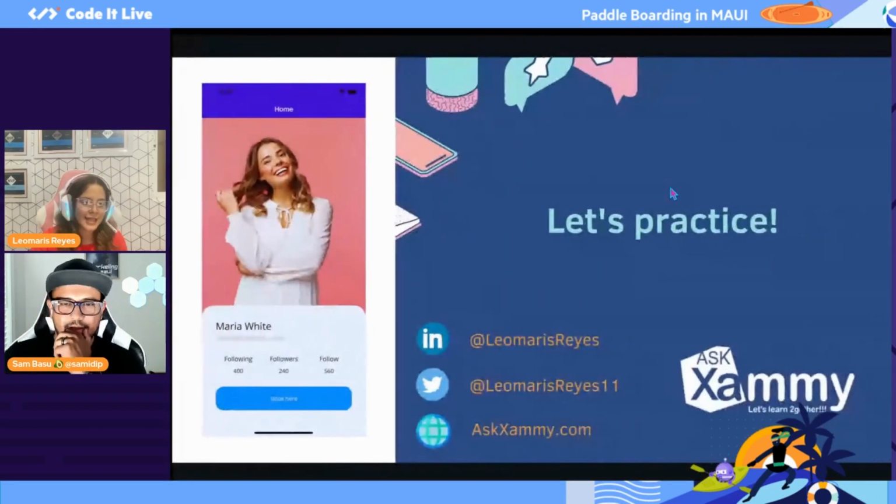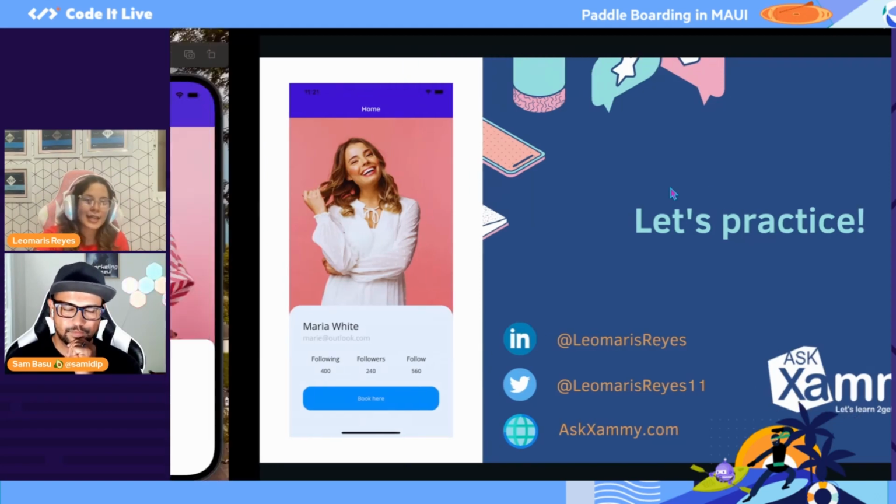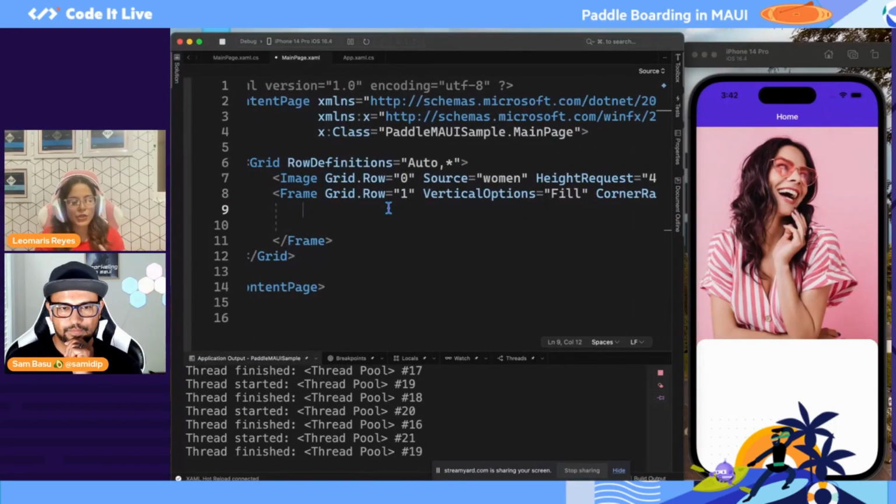What's next? Inside these white frames, I need different information from my via, or as you want to call it. You have a name, an email, the following, followers, titles, its result, and a book here. And what's the result about this role? 5 rows. And these are the quantity of rows that I will be defining in the grids. And 3 columns because I have 1 column for the following, other for the followers, and the last one for the follow. And that's why here I will be also adding another layout, another grid layout, just to organize my